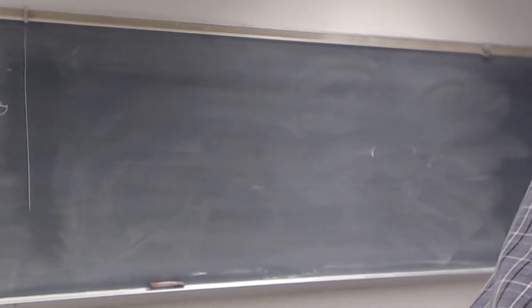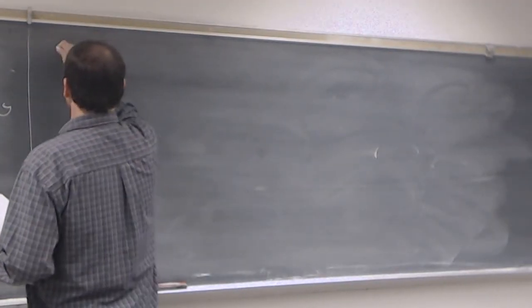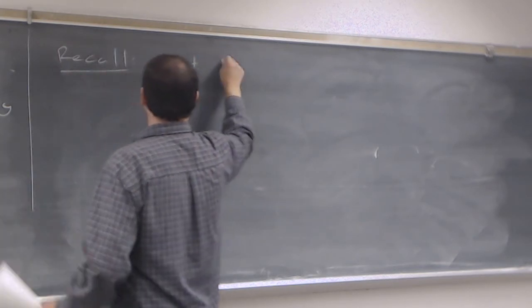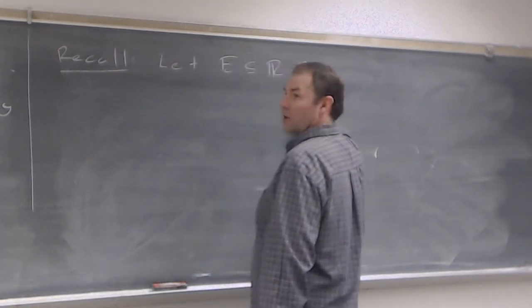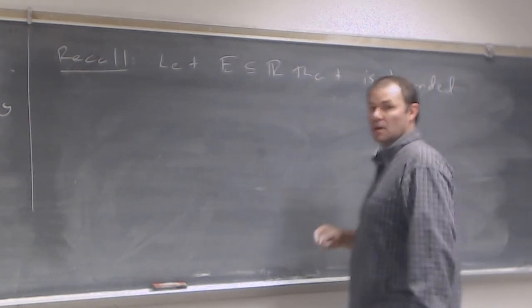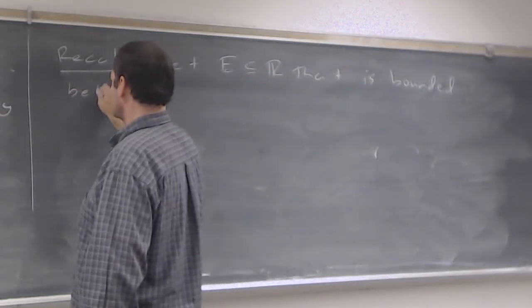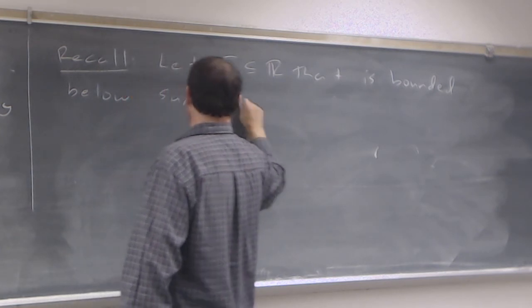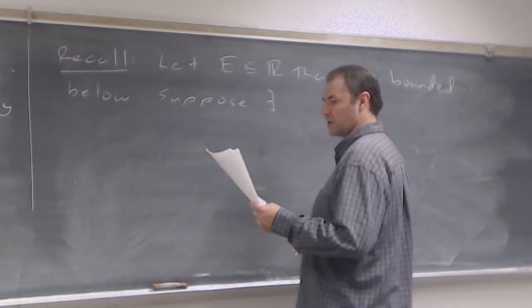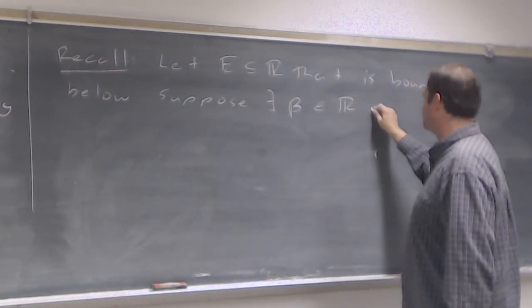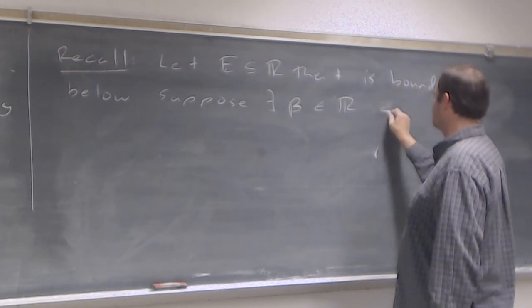Similarly, we have the same type of statement for the infimum, so I'll write that down. If we let E be a subset of R that is bounded below, and then suppose there exists, let's see what I have to call it, beta, an element of R satisfying